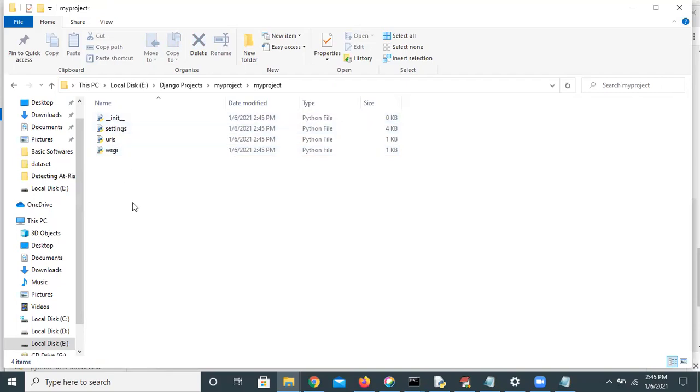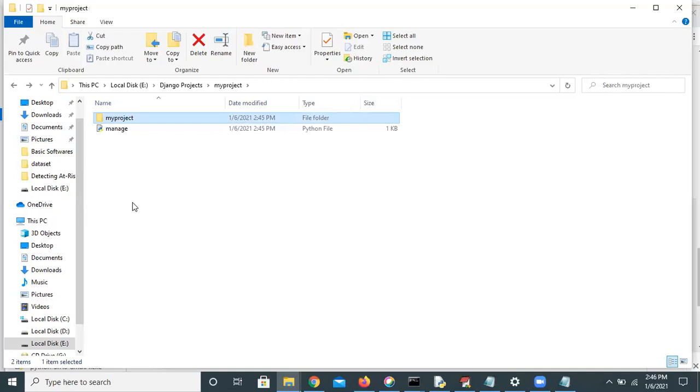Each and every file has its own specific usage. We will see one by one.